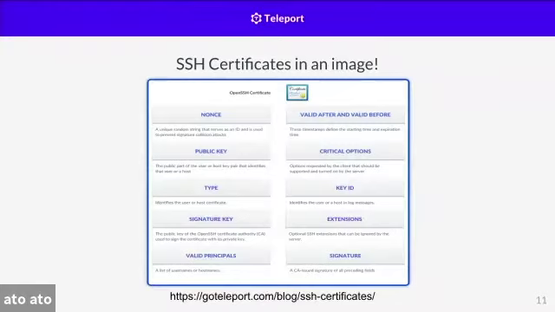So in the next part, we're going to talk a little bit about that, and then I'm going to show you how you can even just get started using SSH certificates today. So what is an SSH certificate? In essence, it's like any other kind of certificate out there. There are certain properties and tags on that certificate that you need to be aware of.